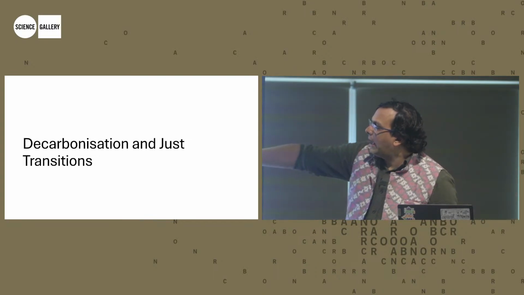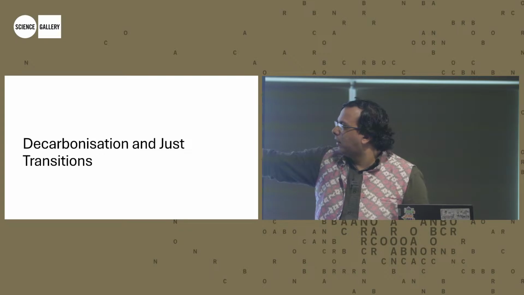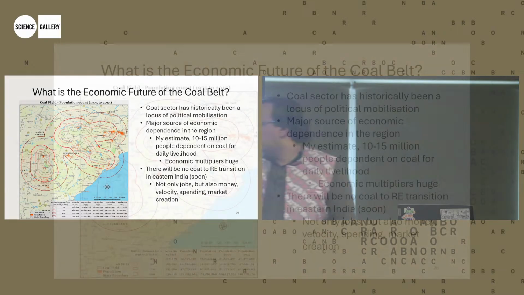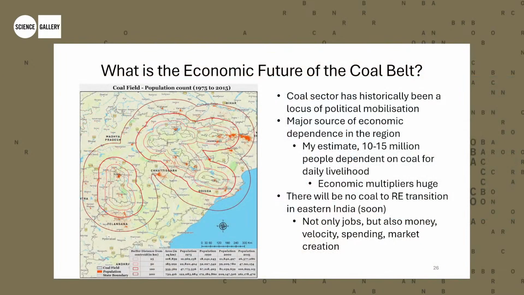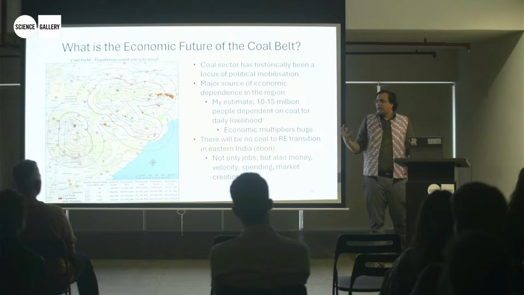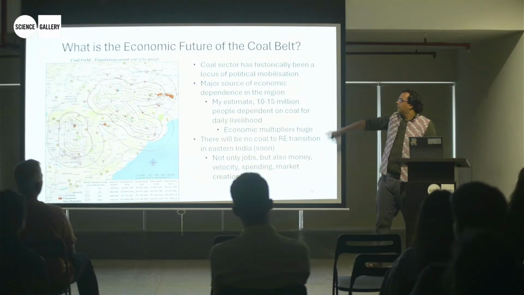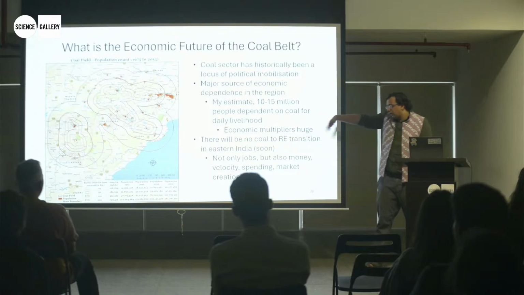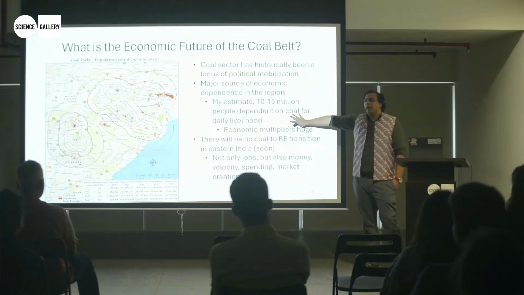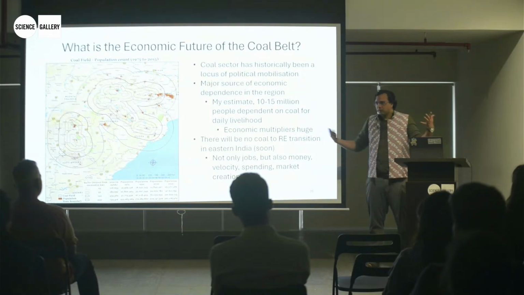So this is a map. The black outlines are the coal mines, and then these are buffers around them. If you just take a 25-kilometer or a 50-kilometer buffer around coal mines, and you make a conservative assumption that a third of the people in these areas are dependent on the coal industry, you get to 10, 15 million people relatively quickly, right? The point is that this is not a small problem. Coal India may only employ 220,000 people, but my estimate, and other people have independently done this as well, is that 10 to 15 million people depend on coal for their daily livelihood, whether it's a family member, a father, someone else, right?